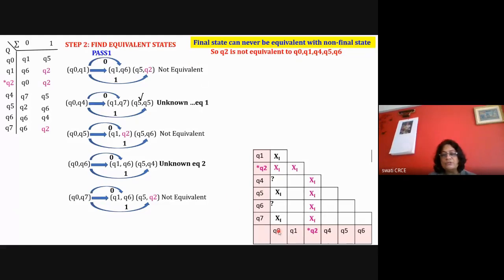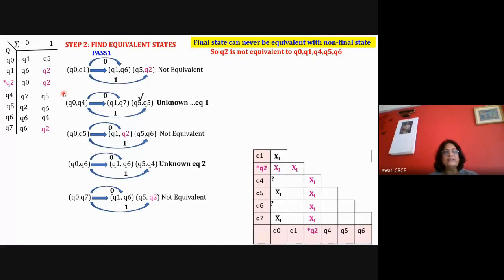Okay, so I have done with Q0. Now I'll start doing the same thing with Q1. For Q1 you have to take in the ascending order only. So we don't have to consider Q1, Q0, because Q0, Q1 we have already done the checking. Here I'm trying to find out the equivalence between Q0, Q1, that means between Q1, Q0. I can write it like this, Q1, Q0 or Q0, Q1. Both the meanings are the same.